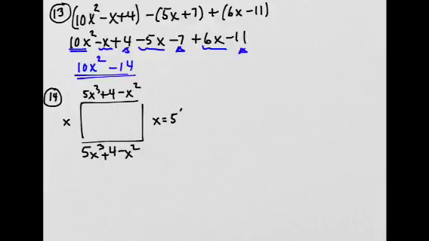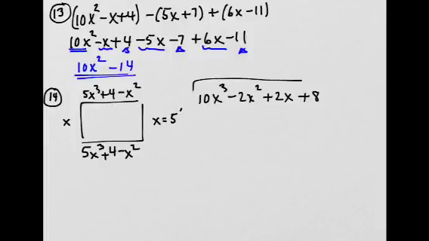So let's go ahead and add. The highest degree here is 3, so that means I have 10x cubed. The next one down is x squared, so I've got negative 2x squared. Then on the sides I've got 2x, x right here, and x right here, so that's 2x. And then for constants I've got 8. Okay. So after that, this would be the perimeter right here in terms of x. But they tell you that x is 5 feet. So you're going to substitute